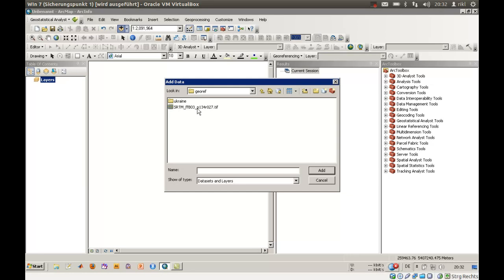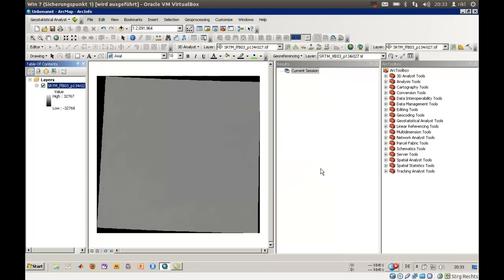For SRTM data, there are several processing steps available. So there's something like a raw data file, and then the USGS, I think, has done some processing of that file. I've downloaded the filled finished B. That means that some pixels where no information was available have already been filled by the processing. And this is revision number B. I'm not really sure what every step contains, so I will now just import that data in my GIS project,